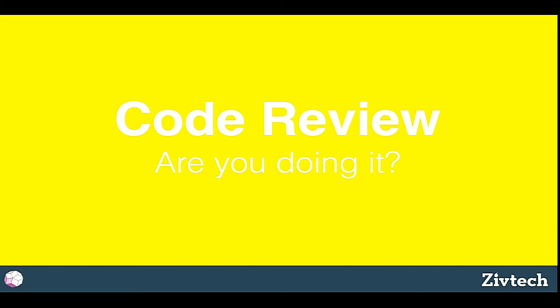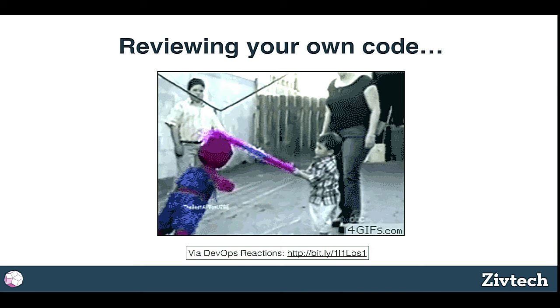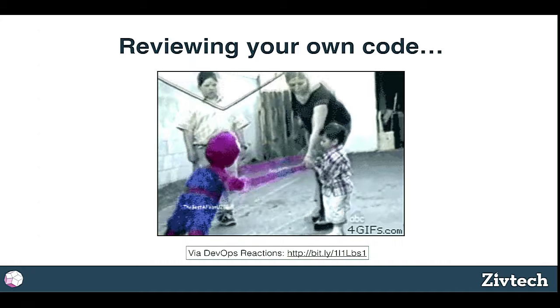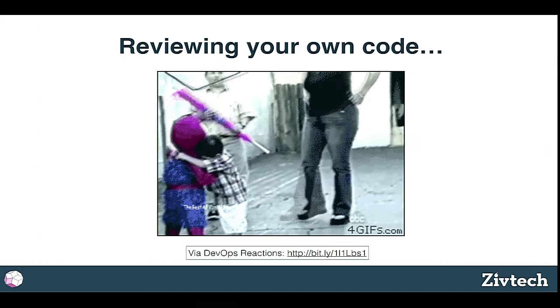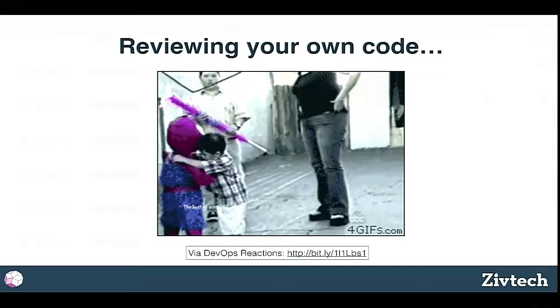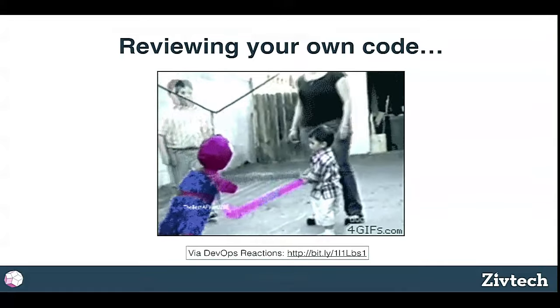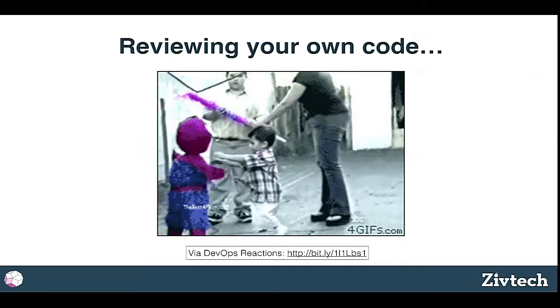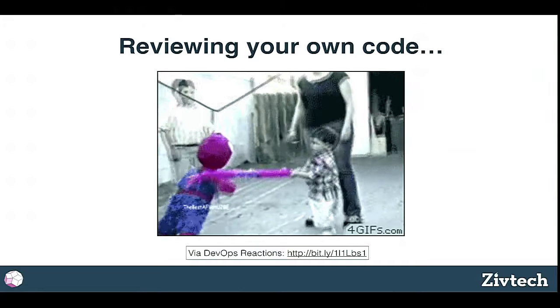This session isn't really about code review, but it's such an important topic, I'm just starting to put these slides into all of my talks. When you review your own code, you have a particular attitude toward it, where you want to test it, but you kind of love it. You don't want to push it too hard. So you give it a little poke, and then you just hug it and say, oh, my beautiful creation.